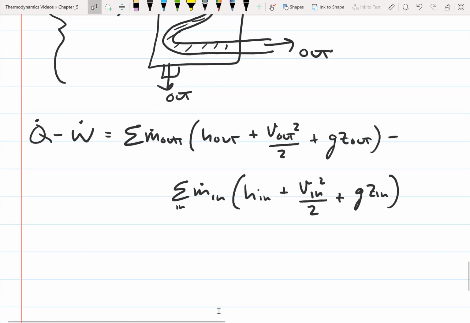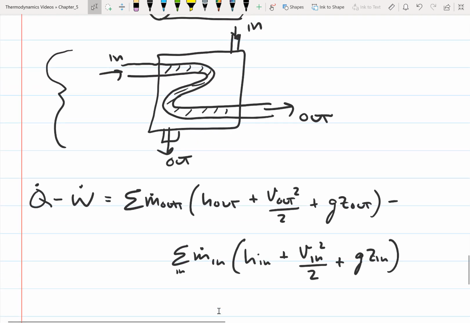And so now we want to go through and figure out which terms we need to account for and which ones are 0. So first of all, if we look at these two heat exchangers that we have up here,